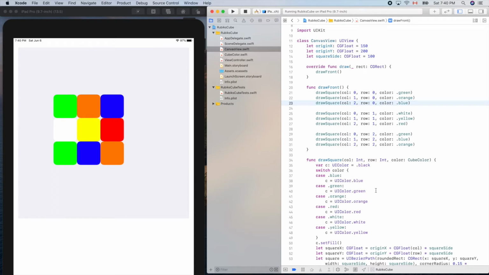In this video, let's continue with the top face, okay? So we'll draw 9 parallelograms to represent the nine squares of the top face. Okay, so we need a method like